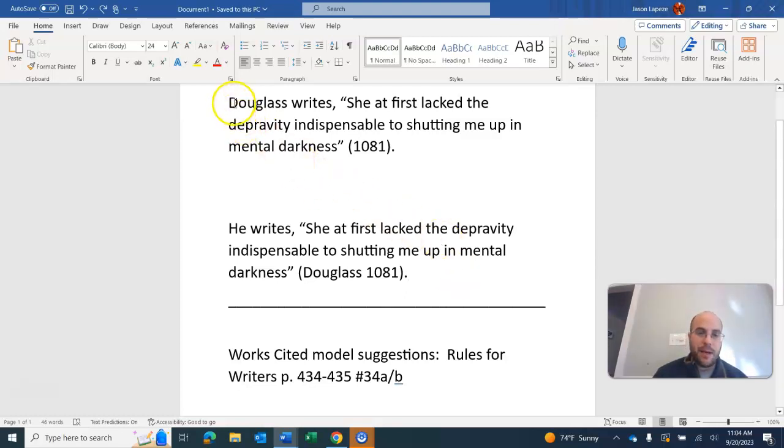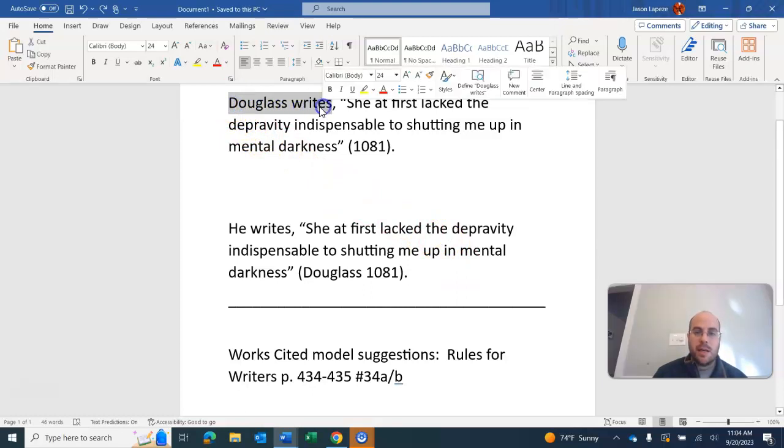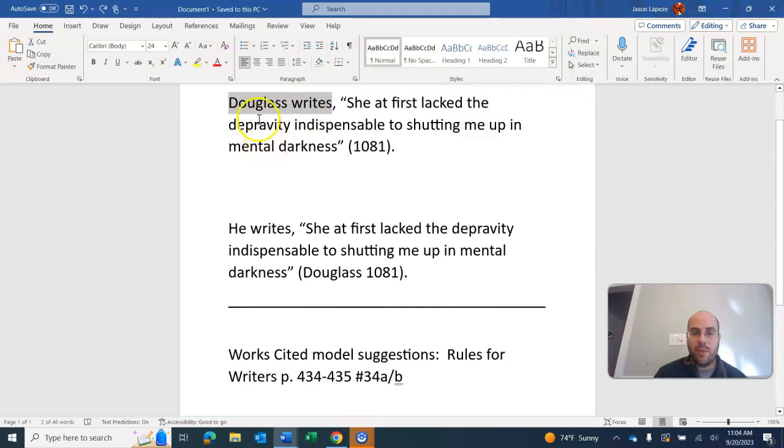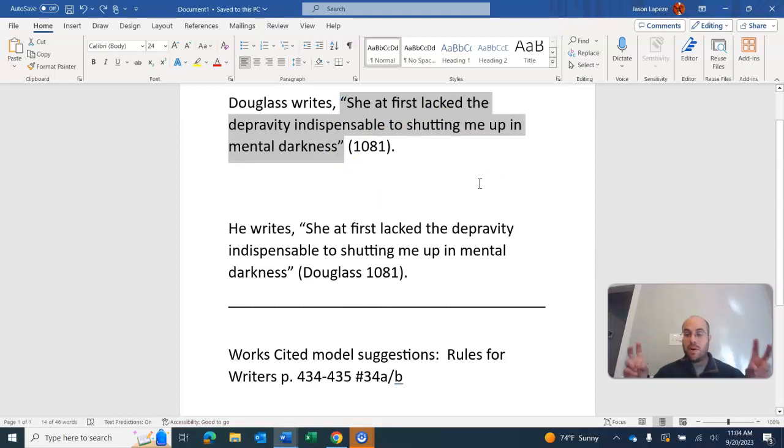Very simple. What you're going to do is use a signal phrase, so signal in your sentence that you are borrowing material. Where does it come from? Frederick Douglass. Use the author's full name initially and then last name every time after that. So Douglass and then a verb, writes in the present tense. And this could be argues or claims or describes. It doesn't matter what the verb is, but author, verb, comma, and then quotation. Douglass writes, comma, everything in quotation marks signals to your reader this is borrowed material, it's not mine.